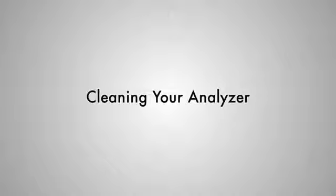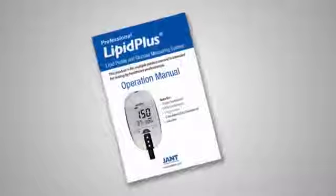Cleaning your analyzer. Please carefully read and follow the cleaning procedures